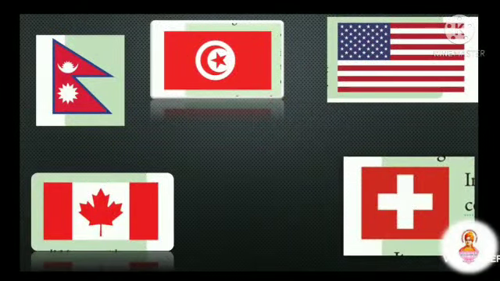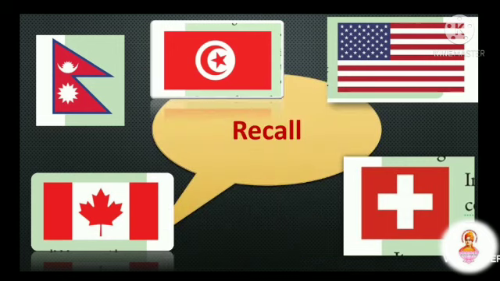Now, can you recognize these flags? And also, can you remember? Yes, we have seen in the previous session, from the course book lesson 5, flags of the world. We are just going to recall the flags of the world. Three letters were given. The first letter was written by Keaton to grandma, the second letter is grandma to Keaton, and the third letter is Keaton to grandma. There we learned so many interesting things about the flags.